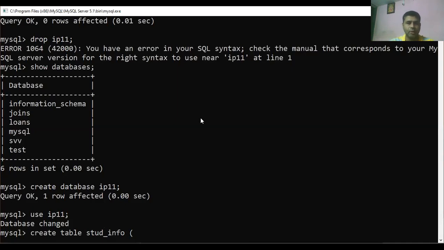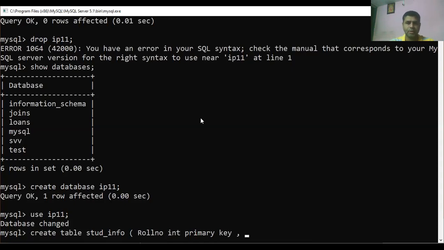Now I'm going to create the field name. So field name, roll number. Don't leave any space in the field name, and don't use a decimal point or full stop at the end. As a single word, you have to declare it. Int, and I'm going to use it as a primary key. Primary key means it avoids duplicate values in this column. That means the roll number will not be repeated.